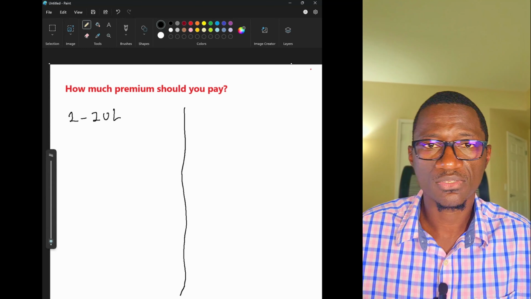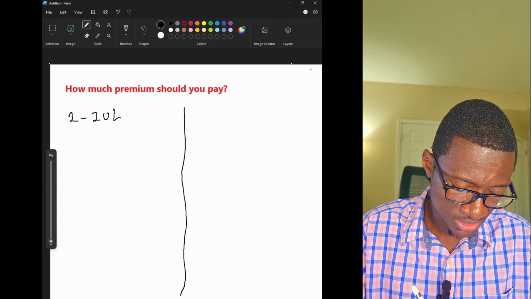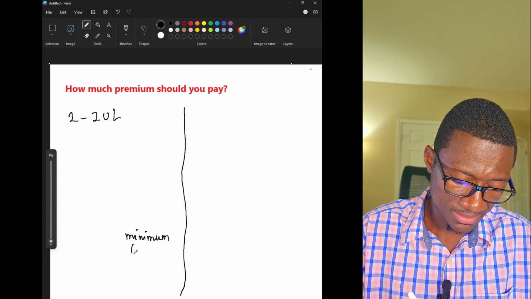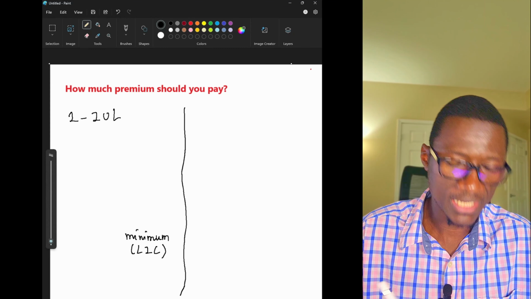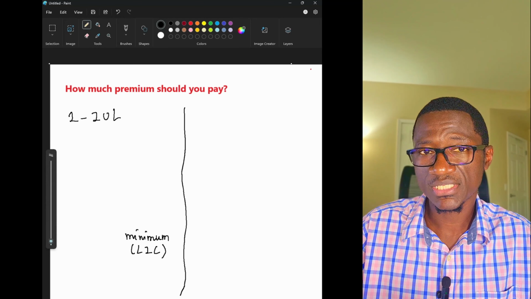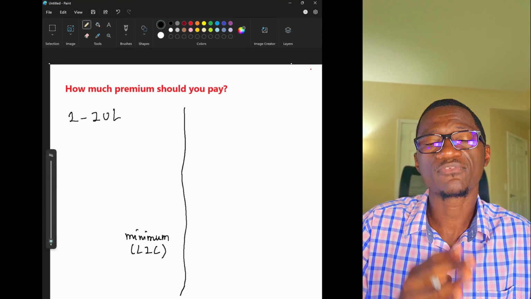In the context of Index Universal Life, there are in general 3 types of premiums. The first one is the minimum. This minimum is defined by the life insurance company. Let's write it LIC. And it basically represents the minimum amount of money that you can put in a policy, assuming that you don't withdraw and you don't take a loan to guarantee the benefit for a certain period of